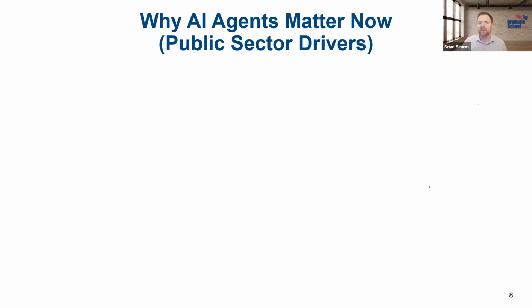But why are we talking about it now and in a government context? Well, sure, one, the buzz, but also efficiency and scale. I don't have to tell you all, right? The workloads are enormous. There's lots of forms, maybe even a backlog of them, lots of applications, procurement actions that need to happen. And AI agents could be a really useful tool here, handling those tasks at scale. And as I mentioned earlier, ideally freeing up the precious few humans that are around to do the more interesting things, the strategic things, the judgment intensive work, right?